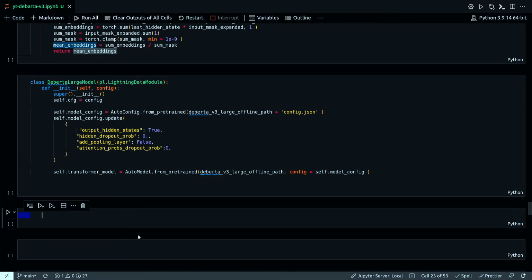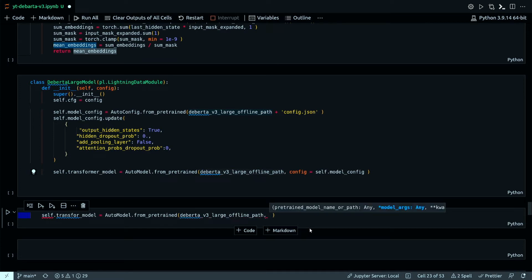But if I was connected to the internet, then I would not do this. I could get the config something like this. Sorry, not this one. One second. So actually, let me type that. In that case, it would be transformer model equal to, and the path in that case would be the original path, like Microsoft Deberta.